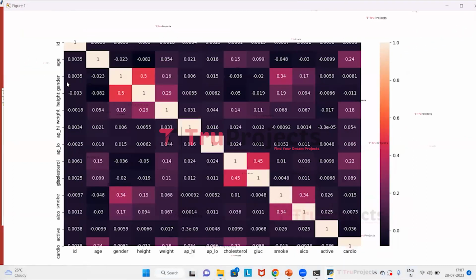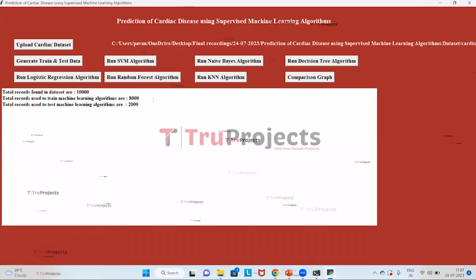Here, this is the correlation graph, which is a heat map. Here the column names are represented, and these are the correlation values. The values which are close to 1 are represented as the positive correlation, and the values which are close to -1 are referred to as negatively correlated, and the values which are close to 0 don't have the correlation. So the values which are close to 1 and -1 are the important attributes. Now we will be selecting those attributes for building the model. Here, initially we have the 10,000 records in the dataset. After splitting them into train and test, we have the 8,000 records in train and 2,000 records in test.